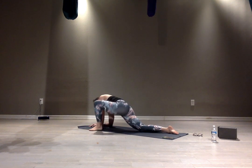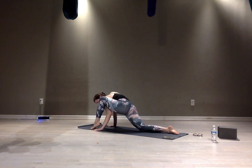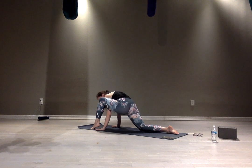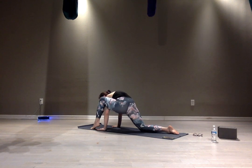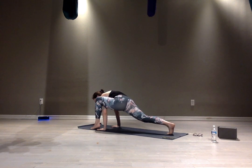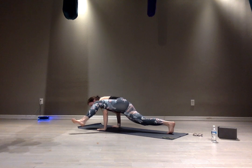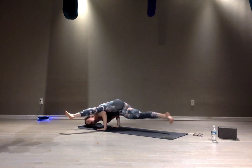Heel toe your foot back in towards the center of your mat. Start to take your left hand underneath your left thigh. So your hands are going to come in line like a push-up. You're going to balance the back of your thigh on the back of your arm. Tuck your back toe, raise your back knee up. Start to hug and squeeze your right elbow towards your ribs. Squeeze, squeeze, squeeze. Point your toes. Maybe the back foot comes